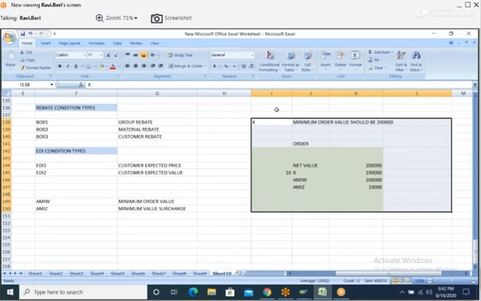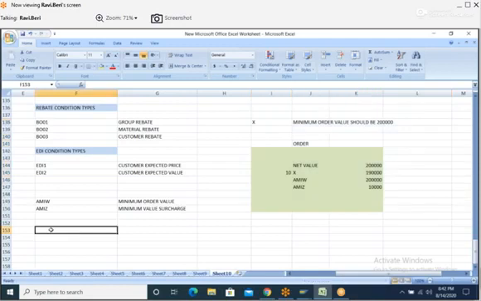We'll have another free goods condition type. I'm going to take that. Free goods condition types R100.